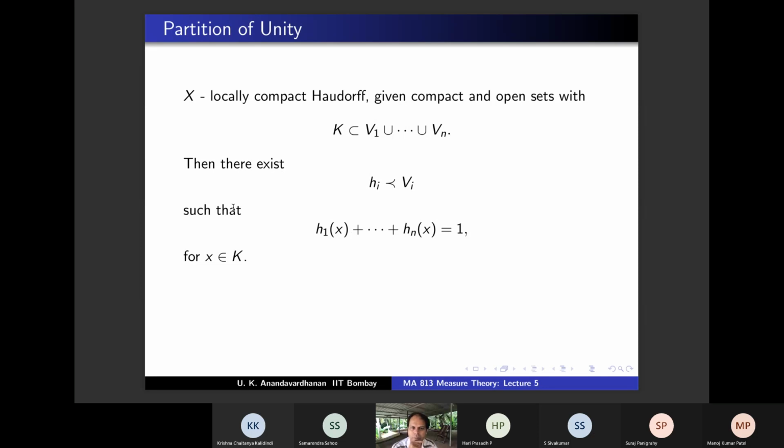Is the statement clear? When K is contained in one open set, you had Urysohn's lemma guaranteeing a continuous function with some properties. This is an extension of that. K may not be contained in one open set, but K is contained in a finite union of open sets